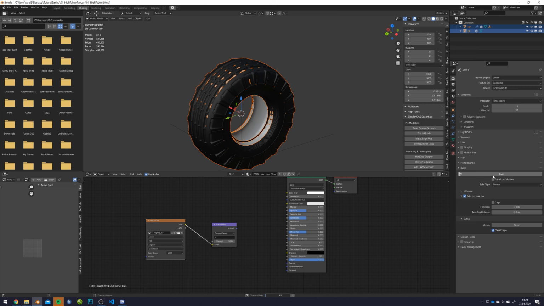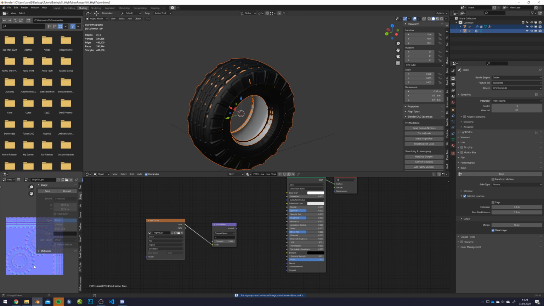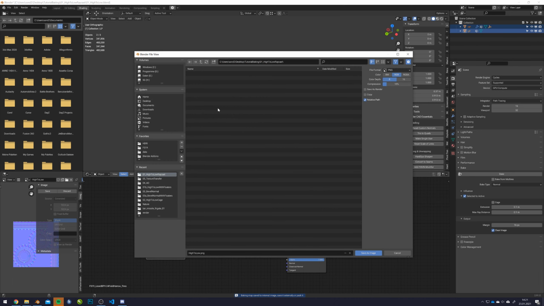While this bakes, this way of baking objects is usually something that I would only do for simple objects and not some very complex objects, because there's some caveats that can occur. And we can see the normal map just baked. So I'm just going to save this down,